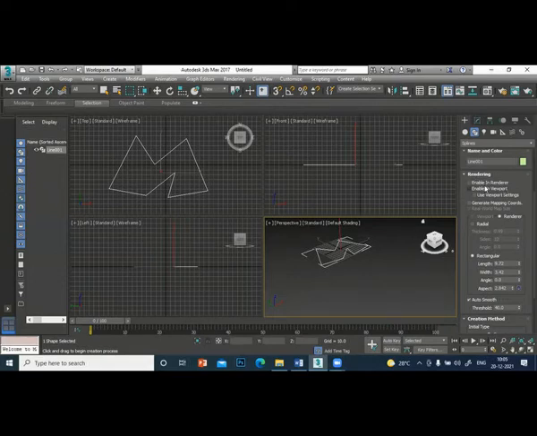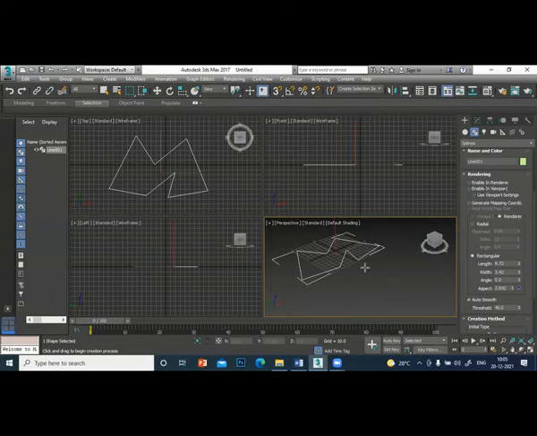Under rendering, if you want to see it only in the rendering, click only the tick in the rendering. Then you will see it only during the rendering. Okay, under the rendering, when you click enable in rendering, it means when you render only, you will see it.